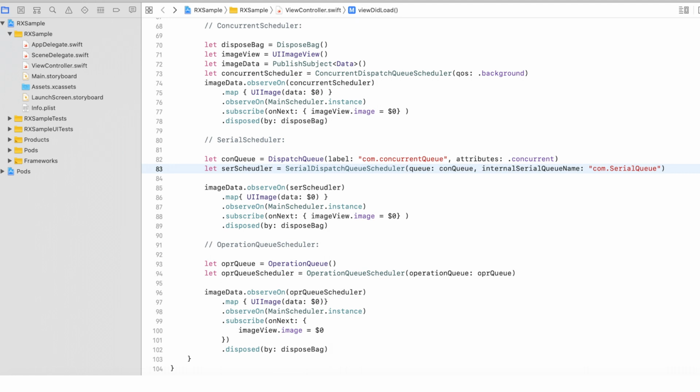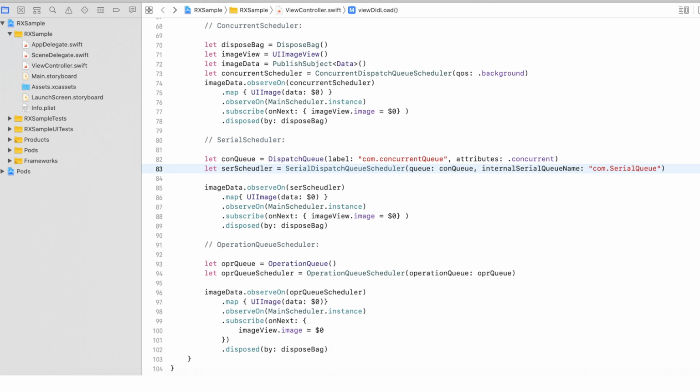At line number 91, we have given an example for the operation queue scheduler. This is a very simple example where at line number 93 we have created an operation queue, and at line number 94 we are creating an operation queue scheduler in which we are passing this operation queue. We are using the same example, but with the help of the observe on operator, we are performing this operation on this operation queue scheduler, which does all your operations inside the operation queue that you initialized at line number 93.